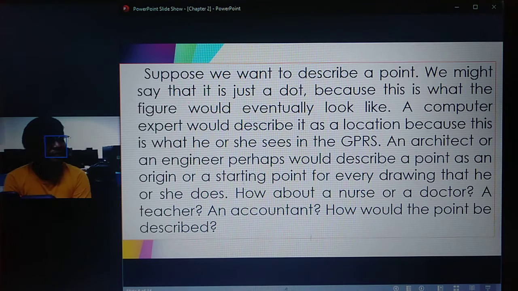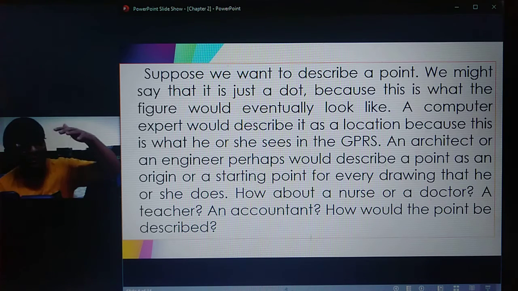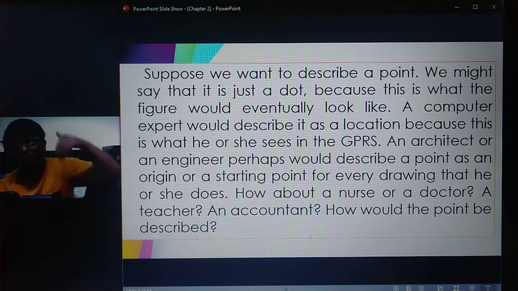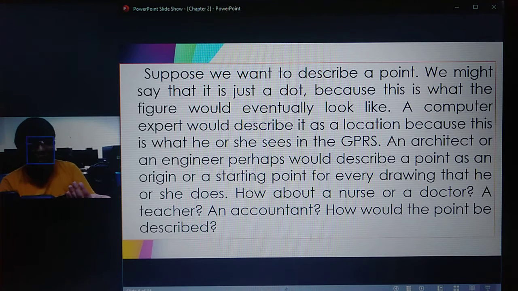How about for teachers? A point for teachers can be a period, the end of the sentence, right? My name is Bryan AMBRE, period. That's a point, it's a period. How about for accountants? It can also be used by accountants, or financial advisors in finance, for the rise and fall of money or the exchange of currency. That's possible. So just in describing a point,